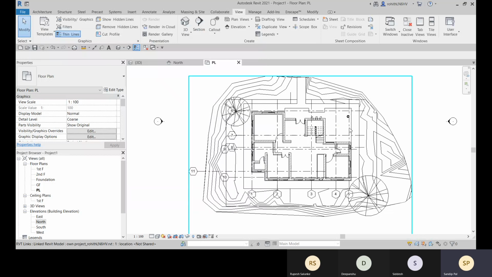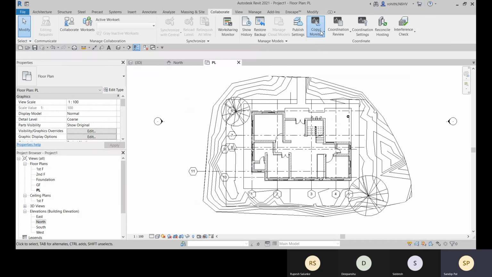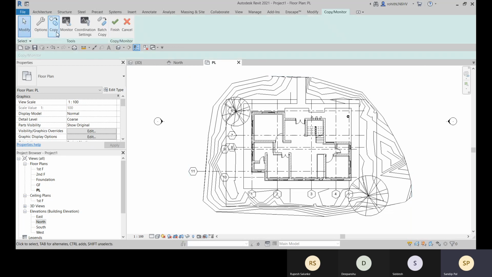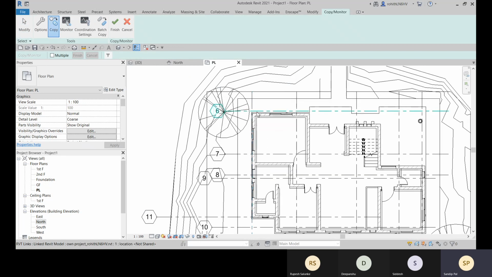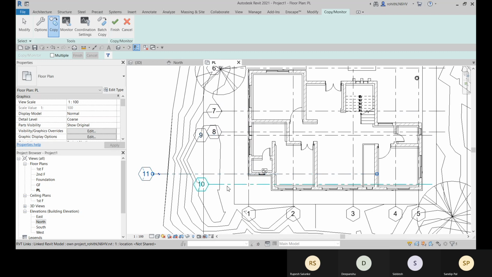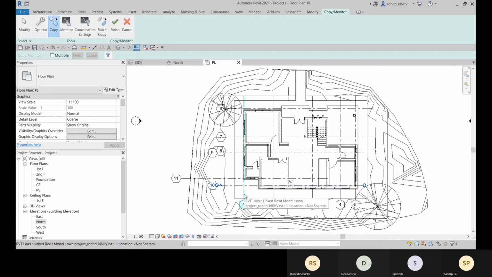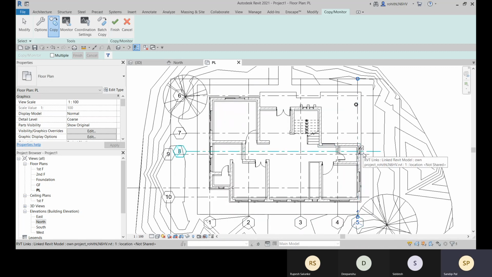And if you need to copy all the grids, you can do that. Come to collaborate, go for copy monitor, select link. This is the link file. Let's go for copy and start picking your grids. All right, you can see these are being monitored as well.